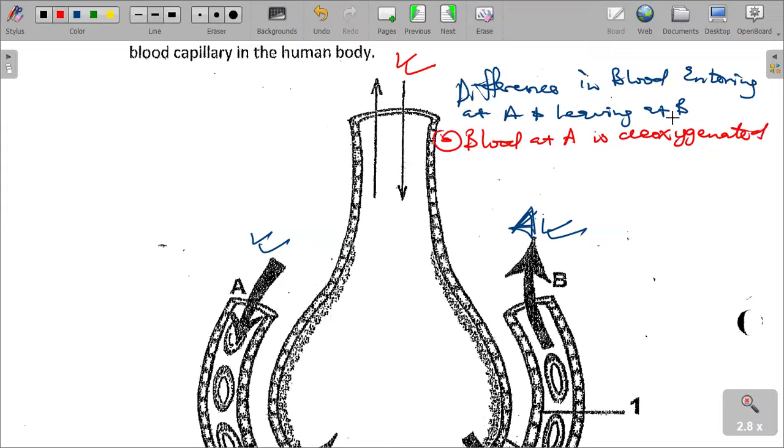It is deoxygenated and it also has a high concentration of carbon dioxide, a greater concentration of carbon dioxide, while at